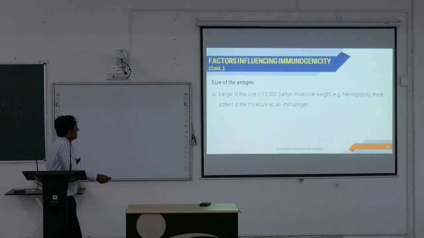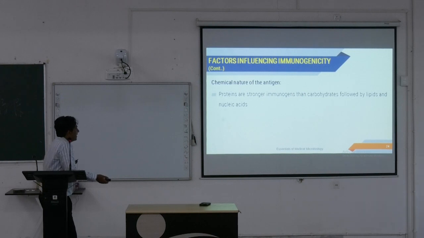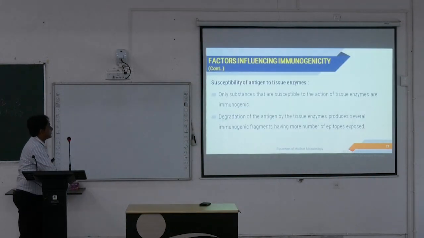Size কি? যতটা larger the size, more potent is the molecule as immunogen. ঠিক আছে? And chemical nature, proteins are stronger immunogens than carbohydrates followed by lipids and nucleic acid. এটা একটা মাথায় রাখার ফান্ডা হিসেব হচ্ছে কি, মাছ মাংস খেতে ভালো লাগে তাই তো, প্রোটিনস আর স্ট্রংগার দ্যান কার্বোহাইড্রেটস, ভাত রুটির থেকে তো বেটার, তাই তো, ফলোড বাই লিপিডস অ্যান্ড নিউক্লিক অ্যাসিডস।